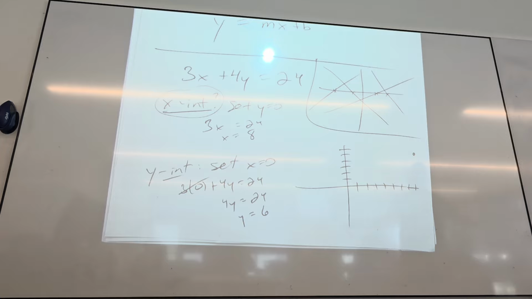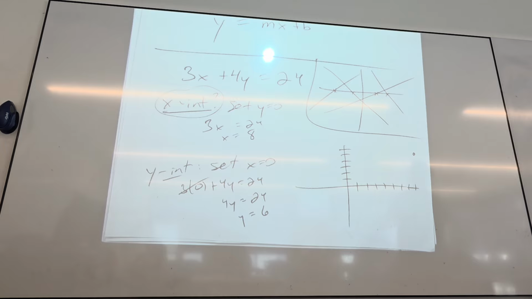Because how many lines could I draw through that point? Let's just start there. Let's not talk about the mistake yet. How many lines could I draw through a single point? Infinite number of lines, yes? So I don't blame the student for being confused where to go from here, but I'm confused what they did. So what did they do? They plotted the x and y intercept as if it was a single point, yes?